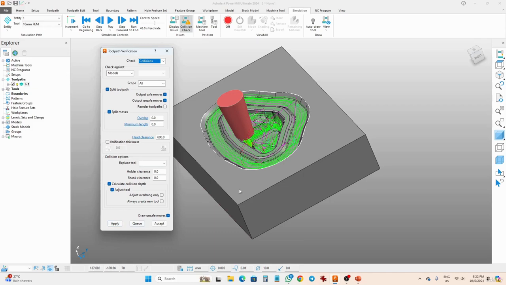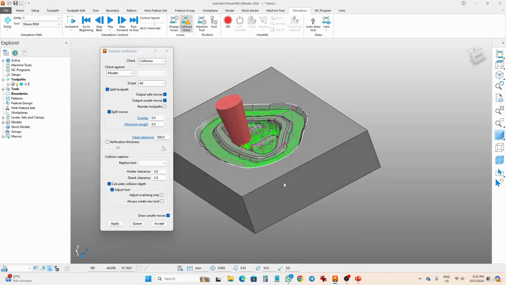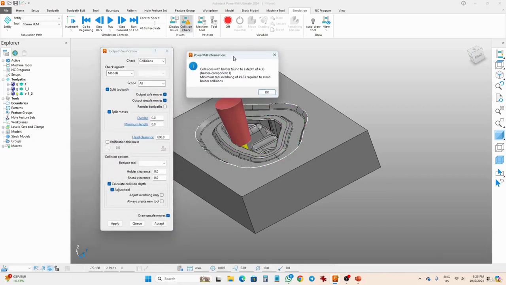And what it is going to do is that PowerMill toolpath verification is going to calculate the exact value where we should set the tool. For example, the tool hanging is at 45 millimeters outside. So the toolpath verification is going to tell you to make sure you set the tool at this height, in terms of dimension in millimeters. So let's apply it,